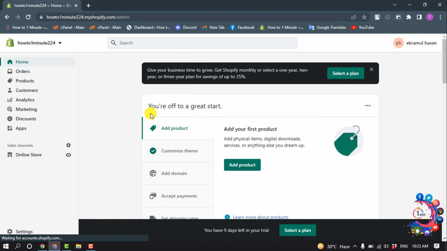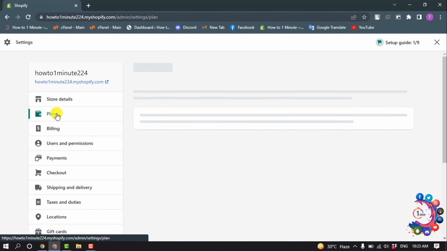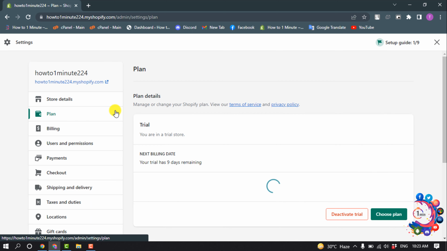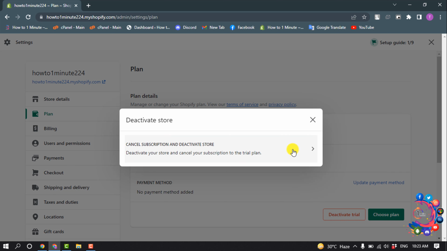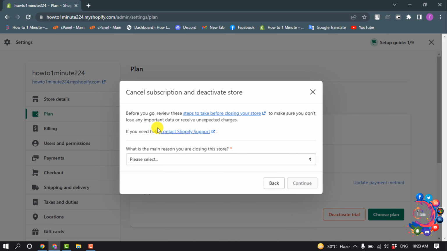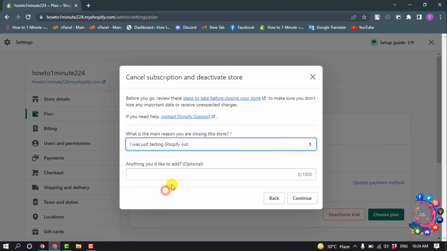To delete your Shopify account, you must log in to your Shopify account and then click on settings and select plan. And now you have to click on deactivate. And before you go, review these steps to take before closing your store. You can read this article and now select a reason why you're deactivating your store or your Shopify account and